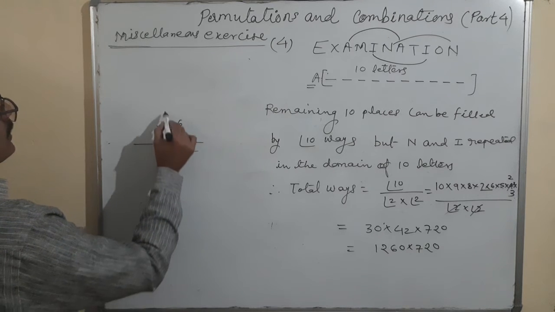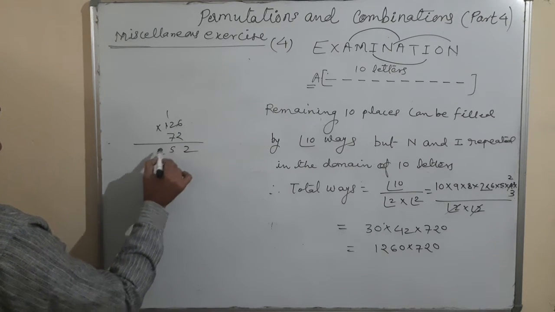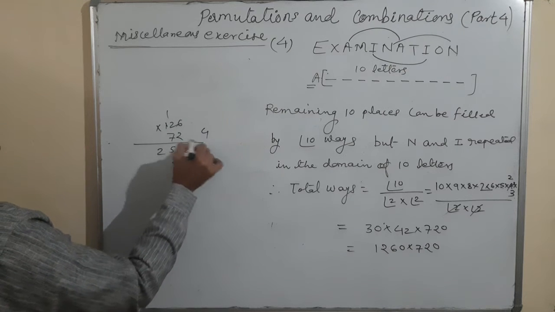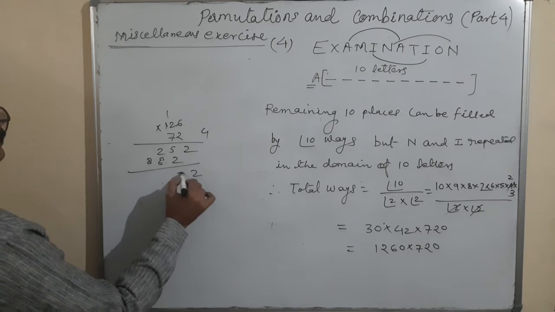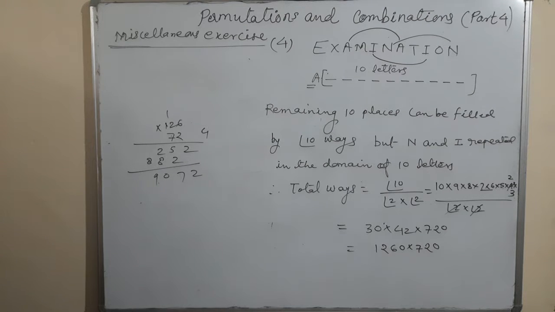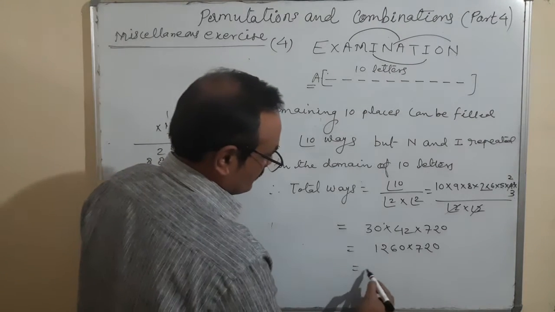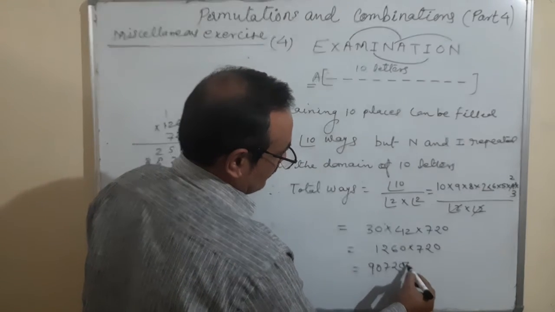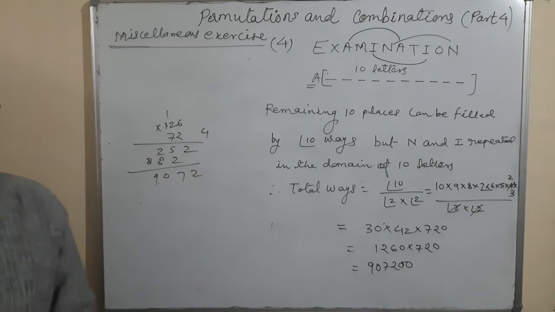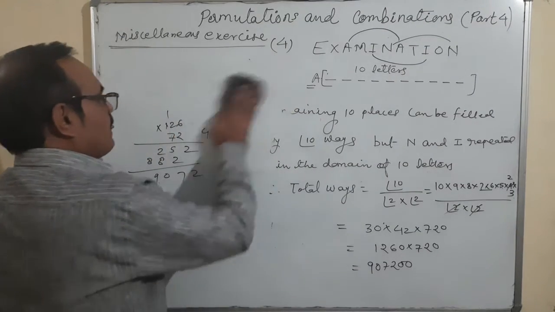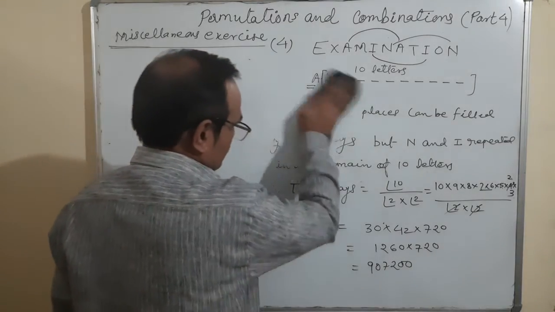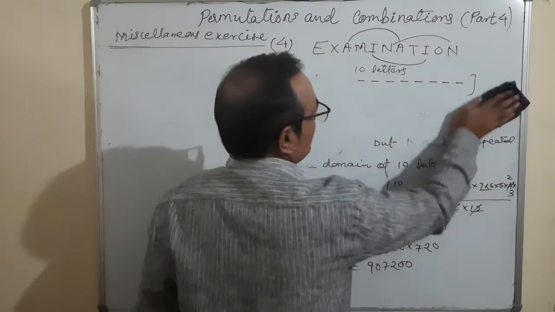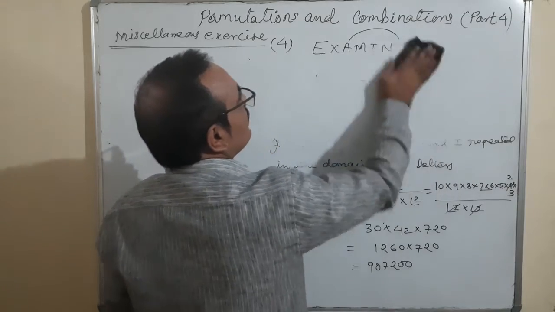6 2 is 12, 1 2 2 is 4, 1 5, 2 1 is 2. 7 6 is 42, 4 7 2 is 14, 4 18, 1 7 1 8. 2 7 10 9 0 7 2 with 2 0. Okay, so these are the ways by which we can arrange this word examination according to the dictionary order, but first letter starts from A. Is that okay?